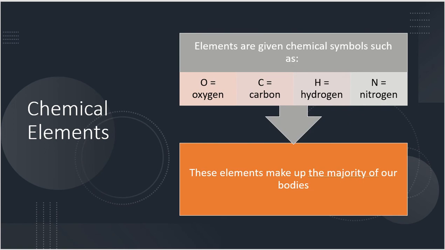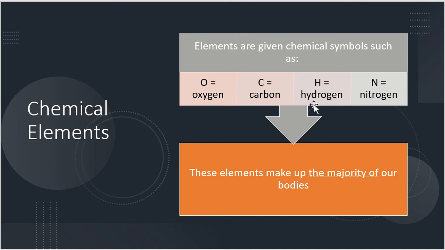So, elements are given chemical symbols. Usually it's one or two letters, just as a nice way to abbreviate what we're talking about. Oxygen is O, carbon is C, hydrogen is H, nitrogen is N. Calcium is Ca, so it's one of the ones with two letters. And those four right there,